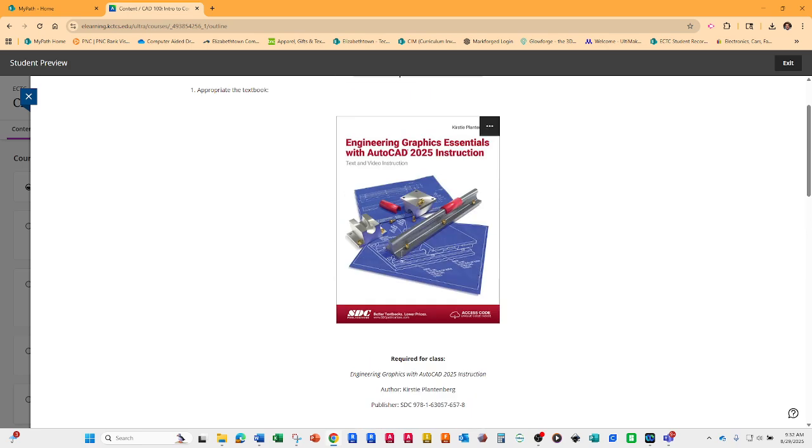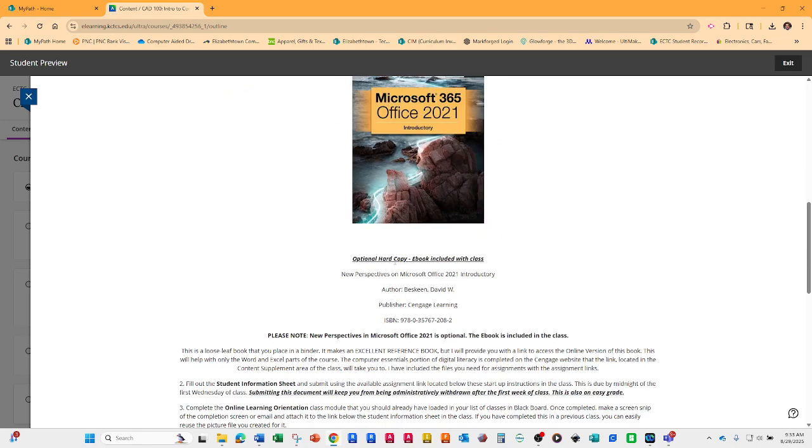So make sure when you go look for books, you go to the online bookstore and put in ECTC when you look for materials, and that'll give you the right classes, the right sections, and the right books. It will not be at your local bookstore if you are not an ECTC student. Just saying. Okay, so that's it there.